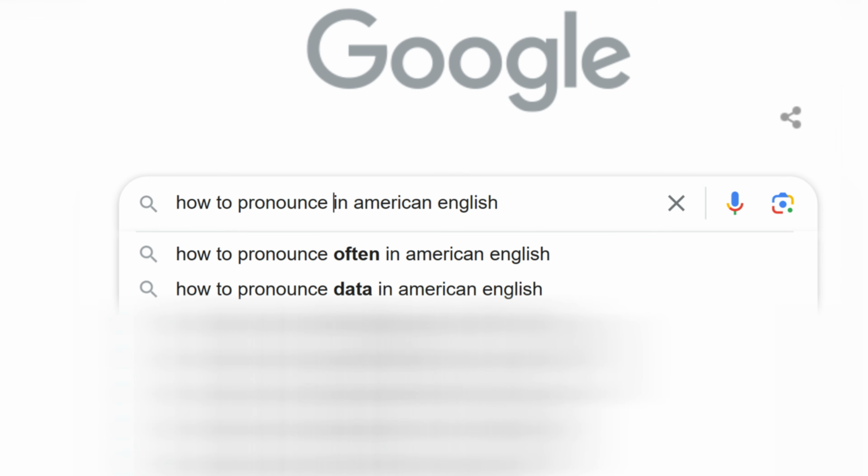Data or data? I hear people say both. What do you say, Chris? It shifts. I appreciate the honesty. I don't say it one way or the other, really. I've said data, I've said data. Probably I say data now more often. I think they're both fine. Yeah, I usually lean more toward data.